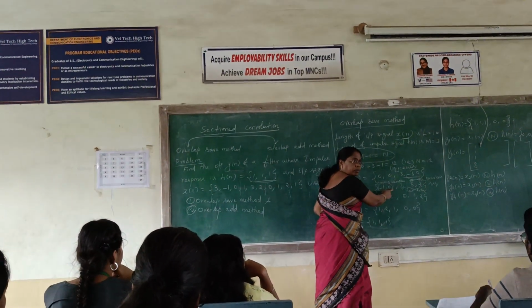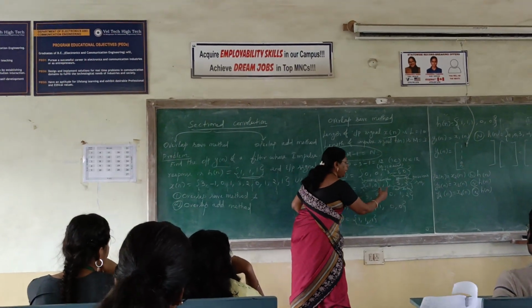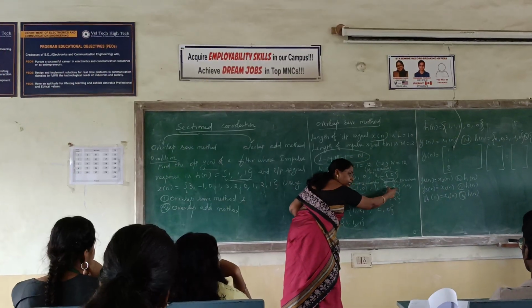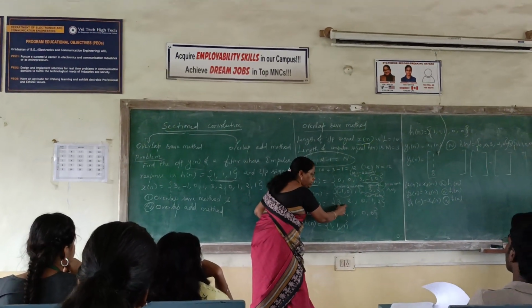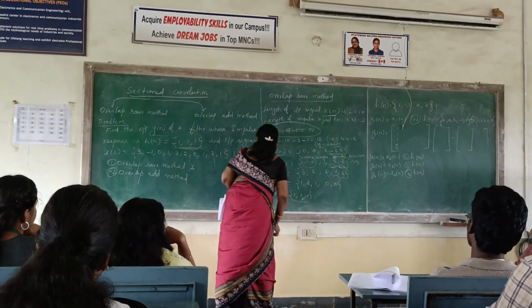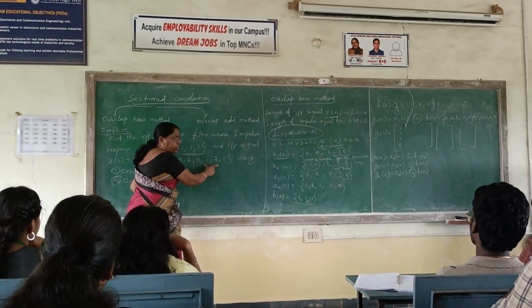Is it okay now? Are you able to follow me? And what is the next one? x3 of n. Then again, the last 2 samples from the previous sequence, and the remaining is new data, new samples from this: 0, 1, 2. This is the new sample.